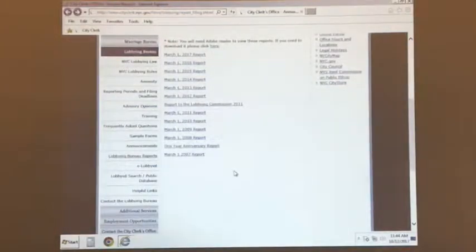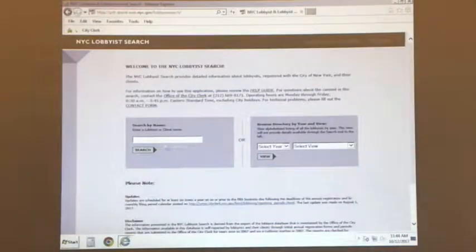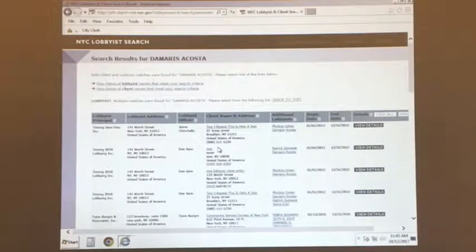So when you file information, where does it go? It goes to our public database, which is called Lobbyist Search. Any name or company you type in will come up here. So I'll just put in myself. When you search for an entity, the lobbying reports do not appear. It's extrapolated data.